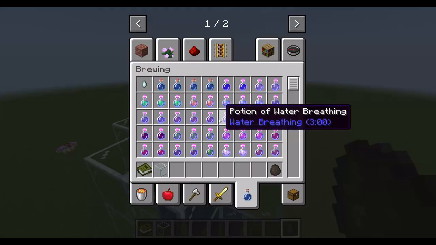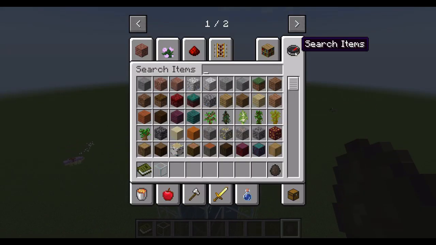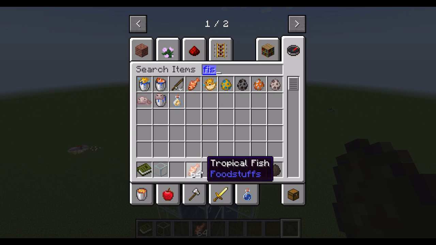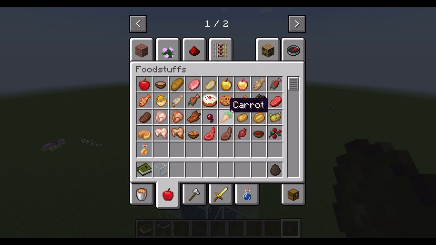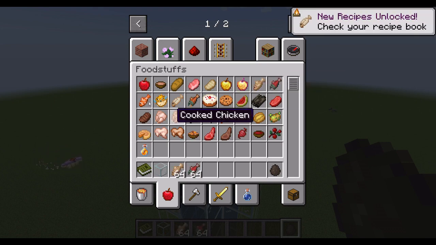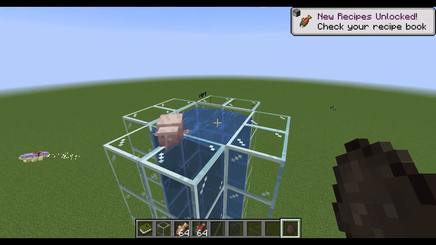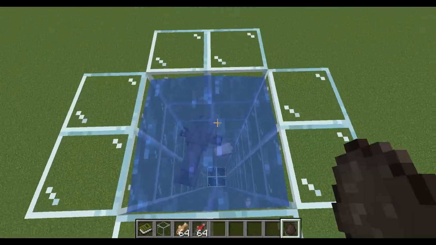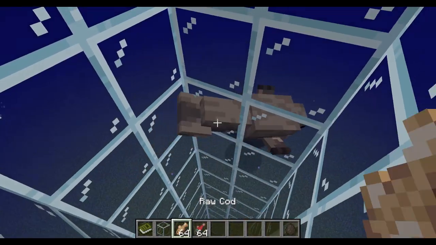Thing number two is if you were to give it some fish. Now I don't know what kind of fish. I forgot what it said. It's either cod or salmon, because no one eats tropical fish. That is just weird. Go back into the water. They're just going to spawn them over here. And apparently if you give them...